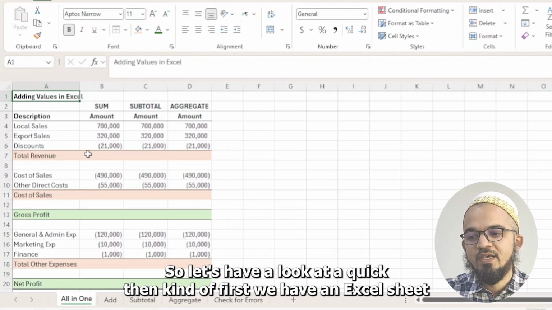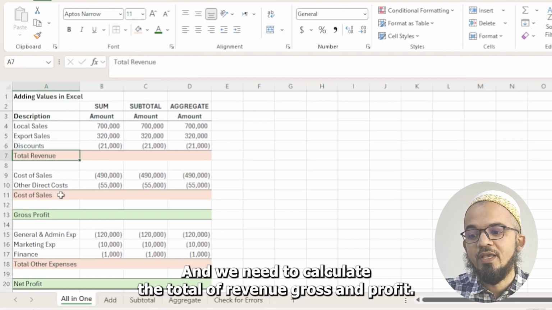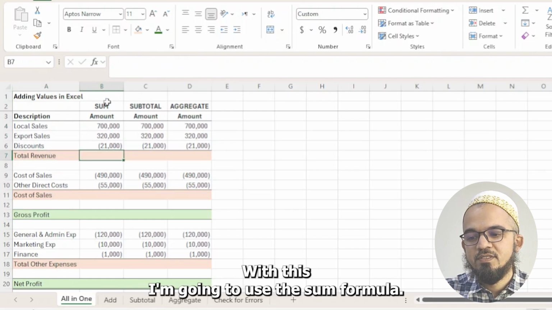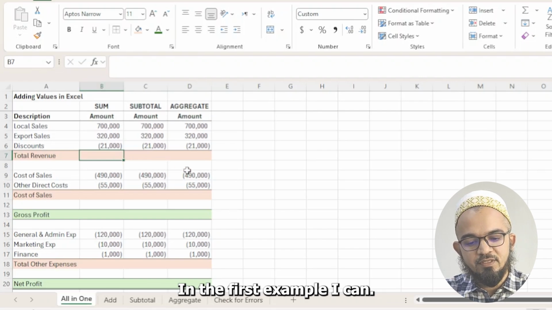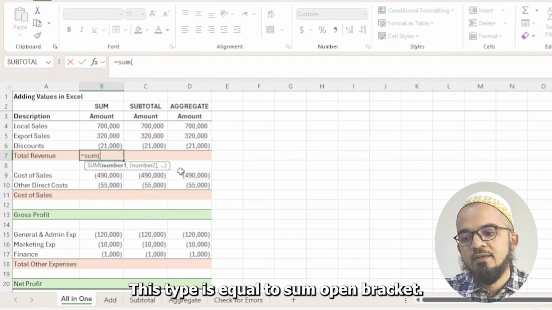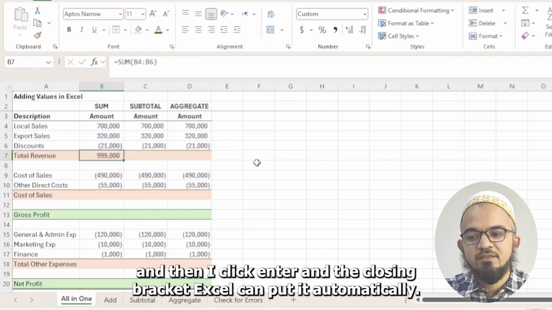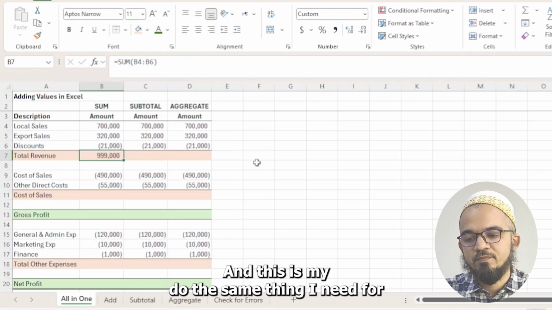So in front of us we have an Excel sheet where we have got profit and loss related accounts and we need to calculate the total of revenue, cost and profit. With this, I'm going to use a sum formula in the first example. I can just type is equal to sum, open bracket. I can select the range of cells which I want to add and then I click enter and the closing bracket, Excel can put it automatically and this is my total. The same thing,